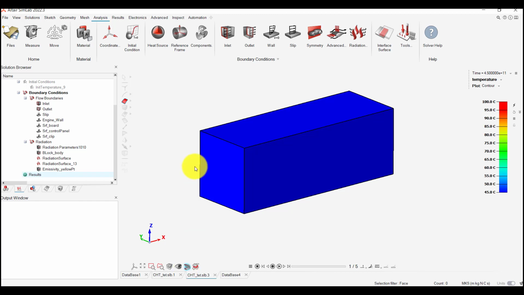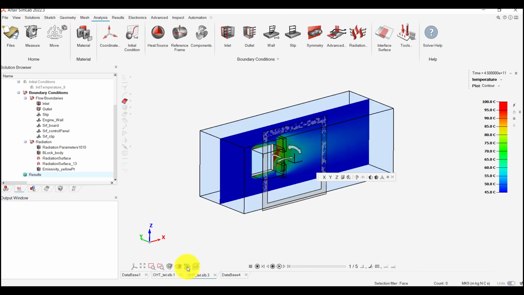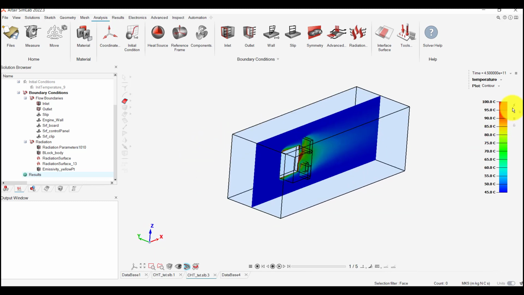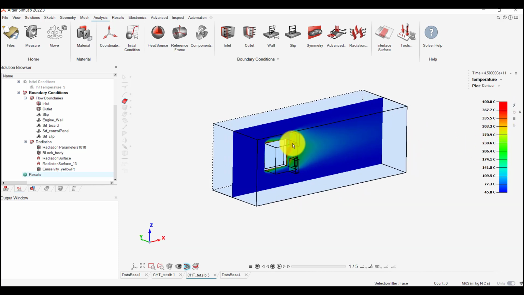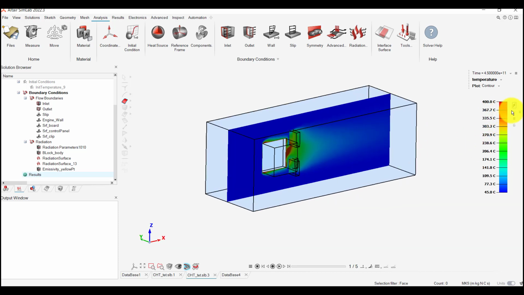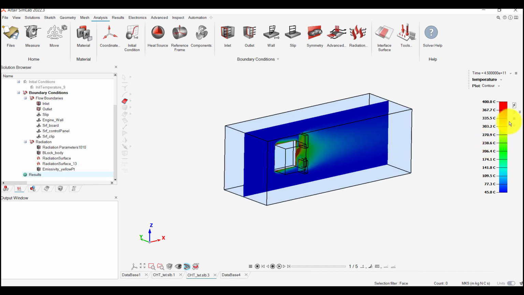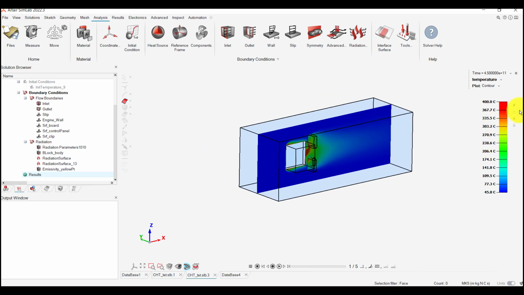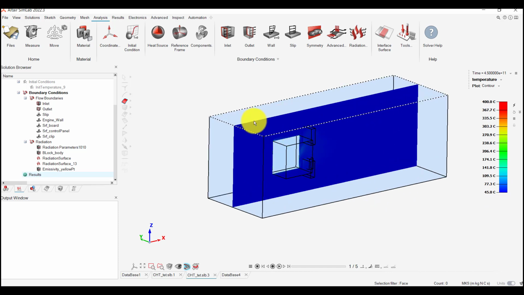First I'll take a slice plane, and then remove this. If you refresh it or reset the range, so temperature is... Just a minute, why is it not updated? Yeah, if you look at this, 400 is the highest and 45 is the lowest, as most of this region